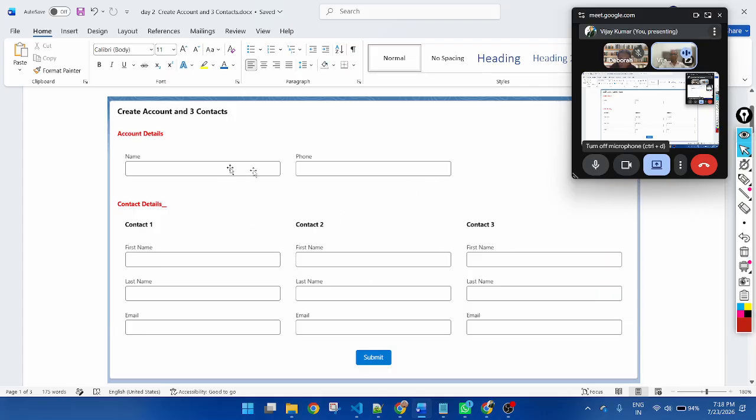How am I creating multiple sections, how am I creating multiple forms in a single LWC component? I know there are many developers working in offices. If a task is assigned to create multiple forms, they are not able to create them. So it's important to understand. Today I am creating multiple forms in a single component and there are two sections, account detail and contact detail. So now let's create.